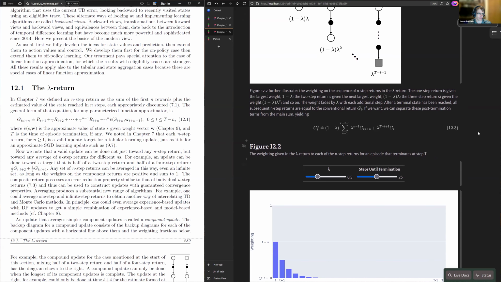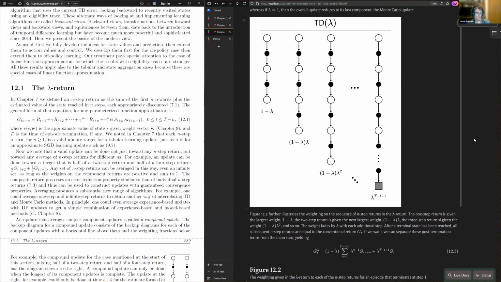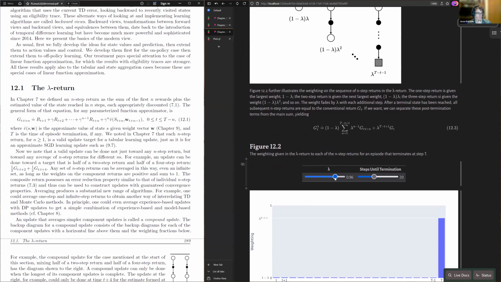The higher the value of lambda, the closer lambda is to 1, the more evenly all the returns get weighted. And in the extreme case where lambda is exactly equal to 1, it depends on where there's a terminal state, but it doesn't really matter in this case, because when lambda is 1, you place all the weight on the Monte Carlo return. But then any value less than that,